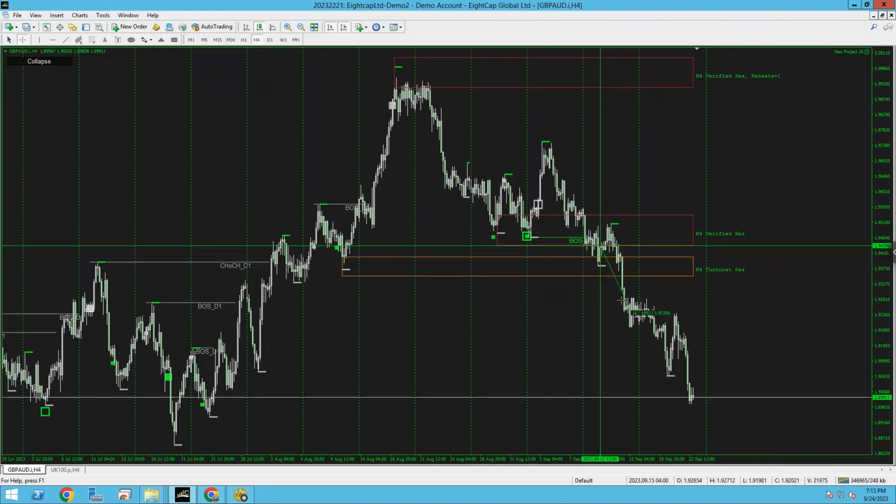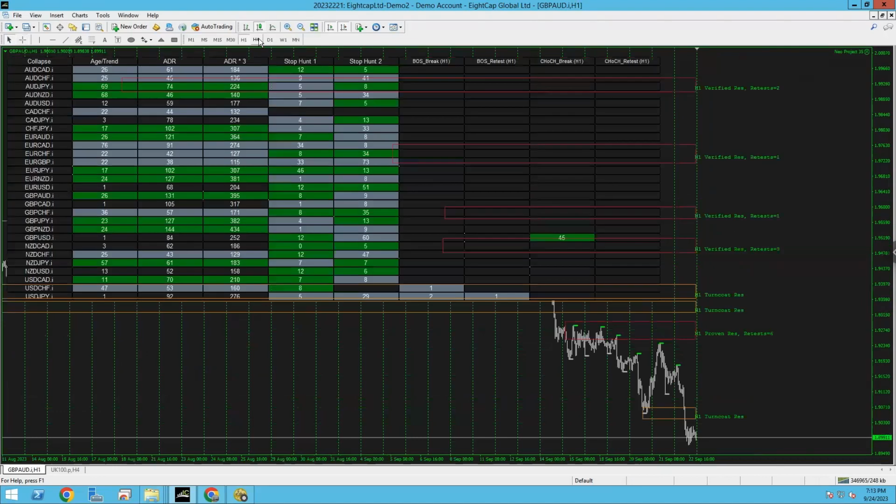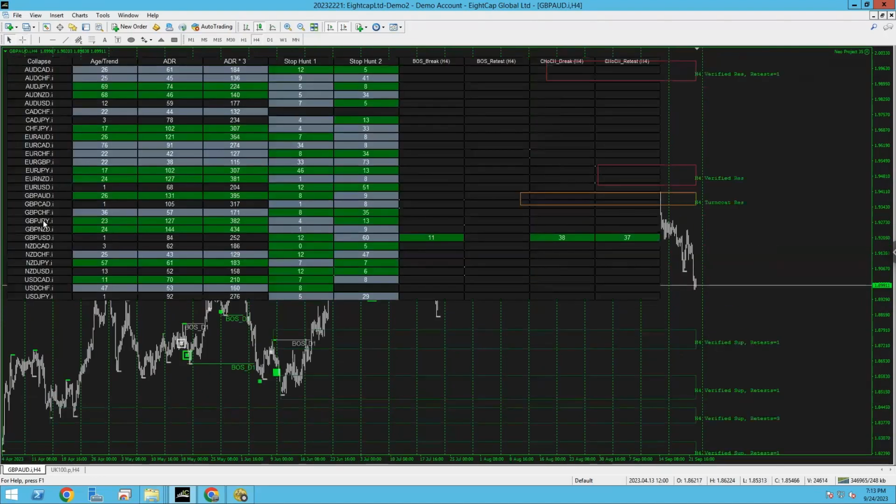It's no different like that. That's how it works. You just use a different lot size. So you'd have been using a lower lot size than a bigger lot size because the stop loss is so big. That's what happens. It's literally like that. Simple. Don't be scared of big stop losses. You really shouldn't be scared of them, I'm telling you. And not all of them are going to be that huge.